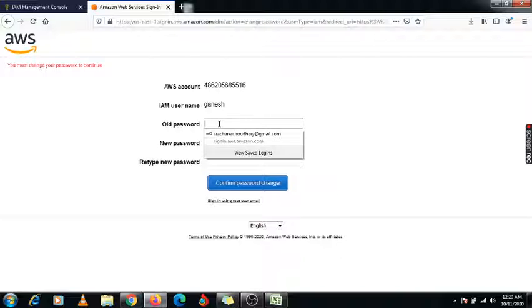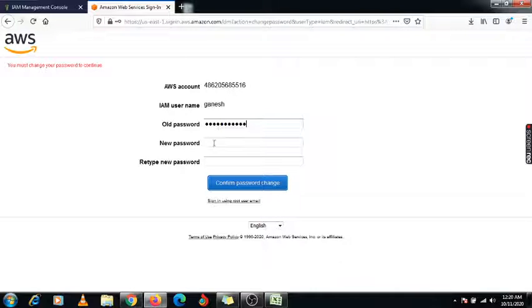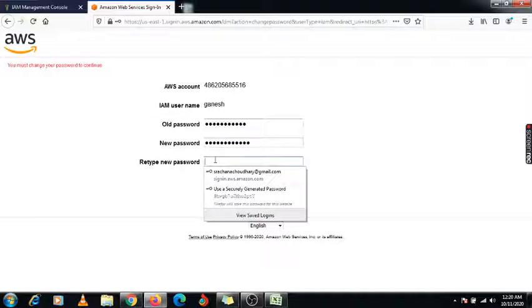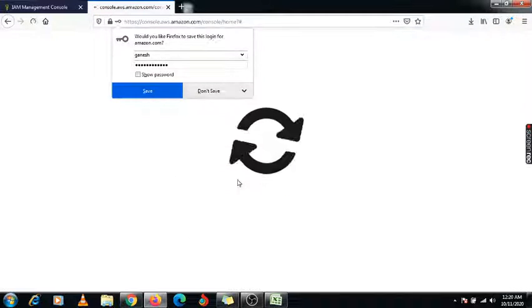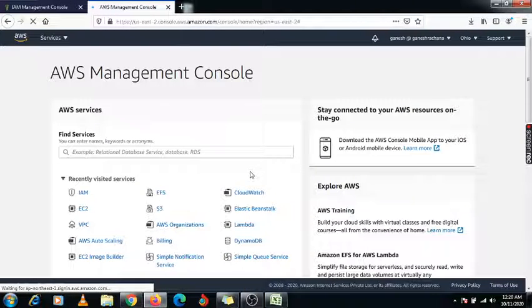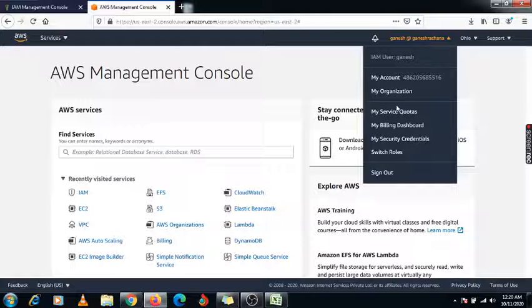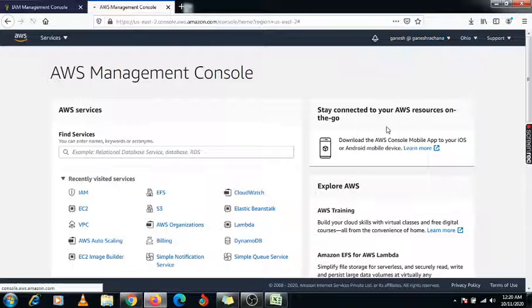Now it will ask for the password reset. Because I already ticked that option, you need to reset your password, your own password as you want. So here you need to write it and just confirm the password change. Now I am logged in with my IAM user. We have provided this billing access, so only the billing dashboard you will get access to for this user. So just go under this billing option.